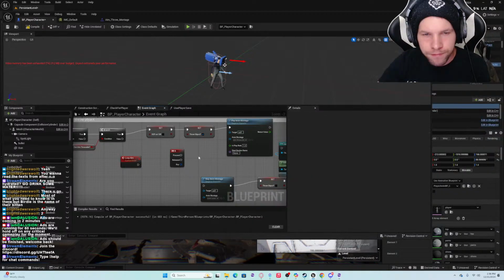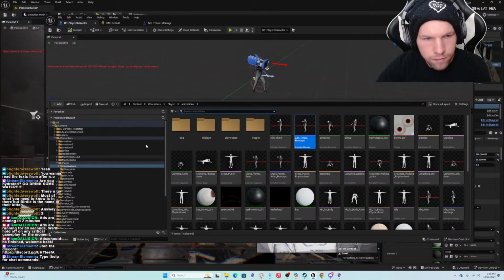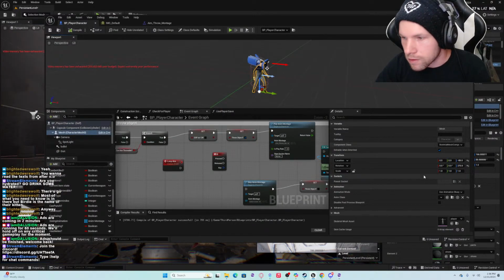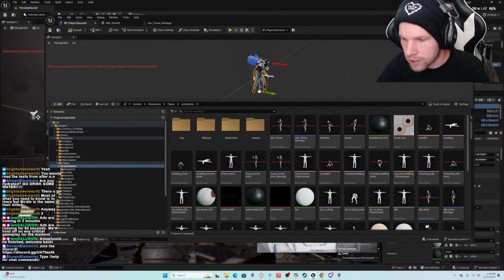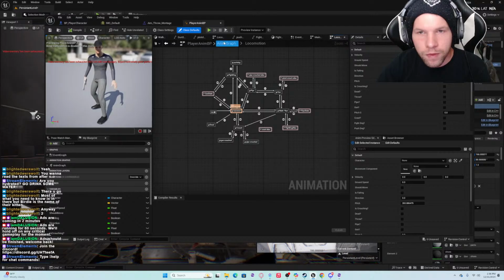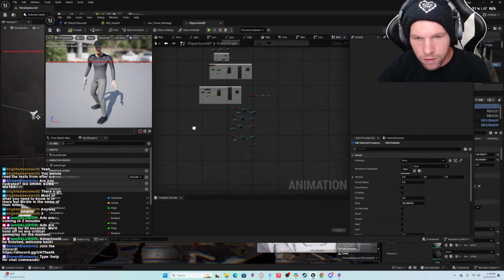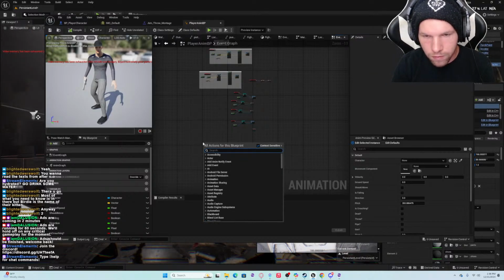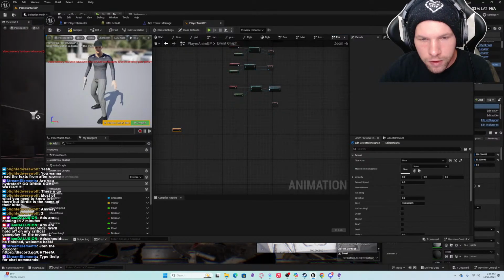Oh. So let's go to animation blueprint. Let's go to the event graph. Modify loop. There we go.